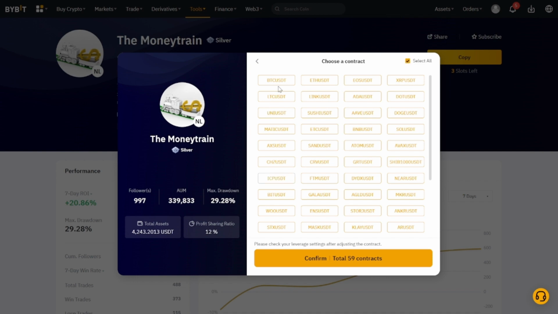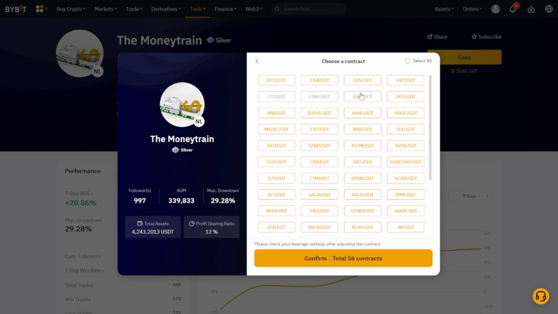Or right now you just want to trade BTC and Ethereum and Litecoin, you can always choose these pairs to minimize your risk. Once this guy is trading a high risk token, you don't have to worry,